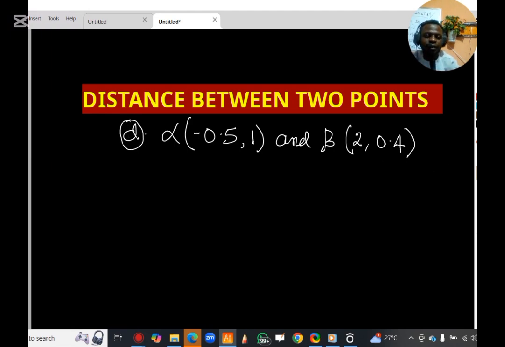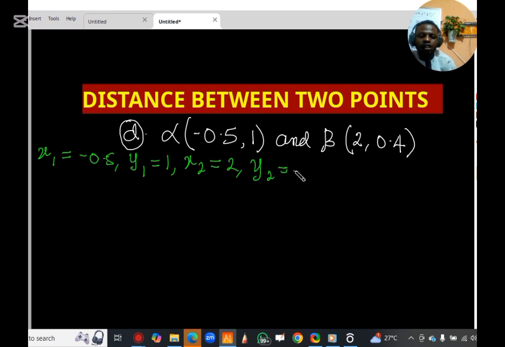Next we have alpha and beta. In this case now our x1 is negative 0.5 and y1 is 1. Our x2 is going to be 2 and the y2 is going to be 0.4. So our formula remains that alpha beta, that's line alpha beta, is equal to